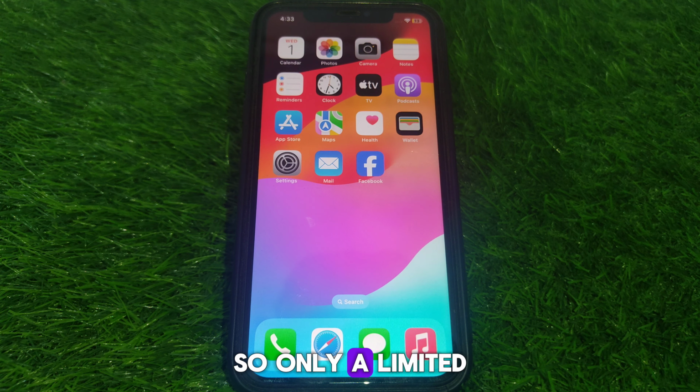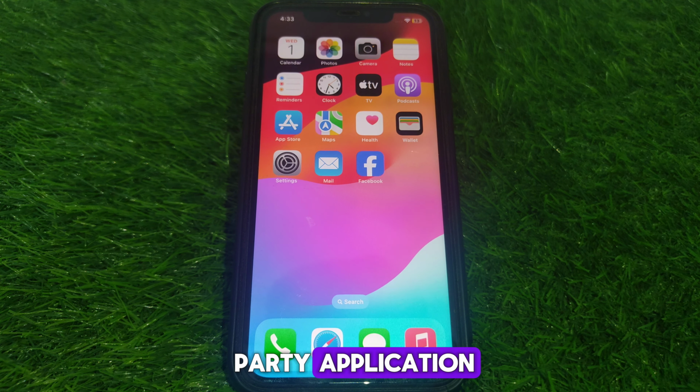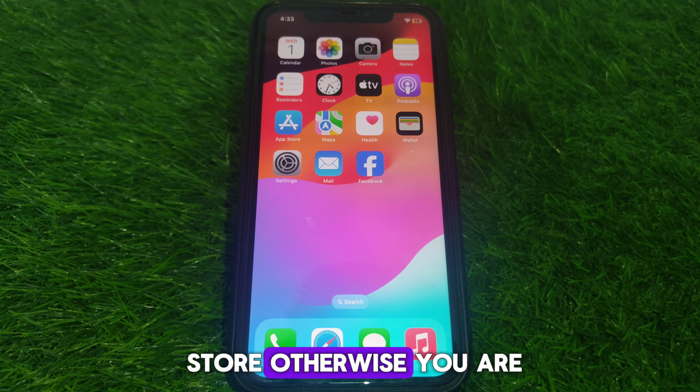Only a limited number of countries are eligible for that. So if you are eligible, then you can simply download and install third-party applications instead of the App Store. Otherwise, you are not